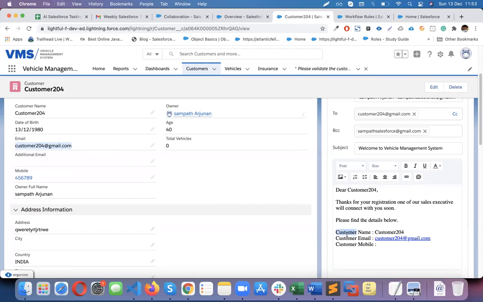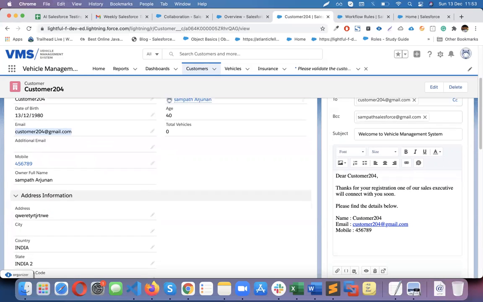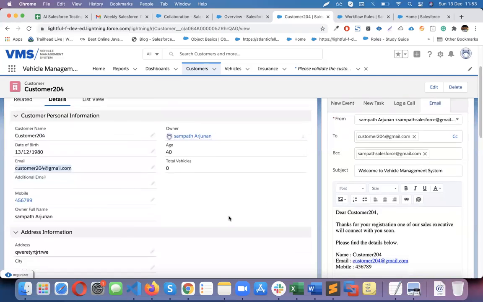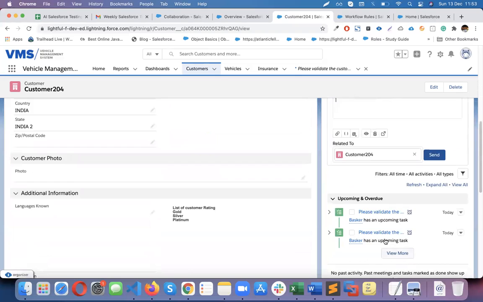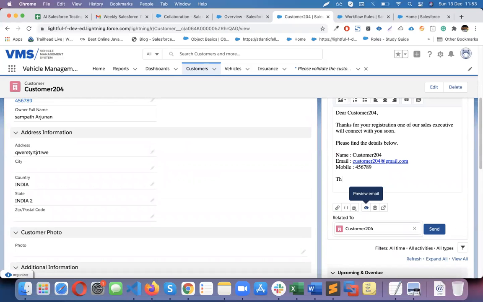Instead of customer, just name, email, mobile, whatever is there, you can put. And then if you have any other additional information, you can put it. Thanks and regards, System admin, or you can put anything.